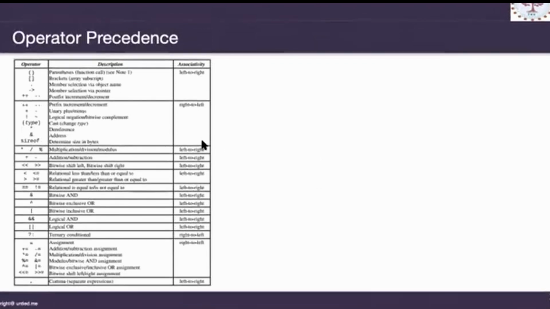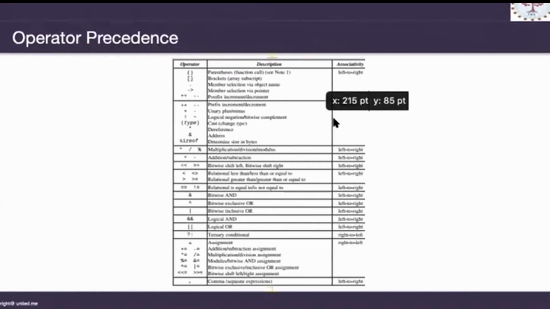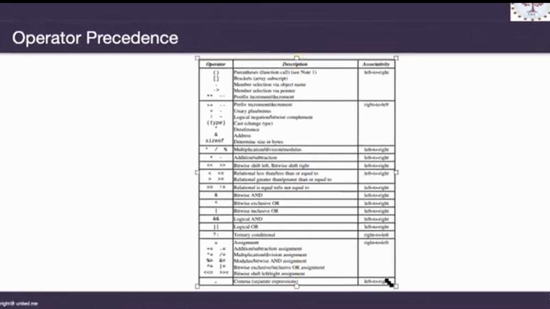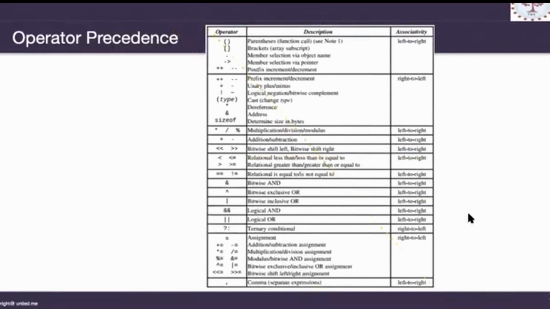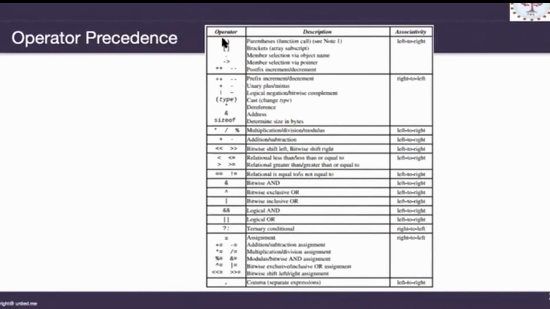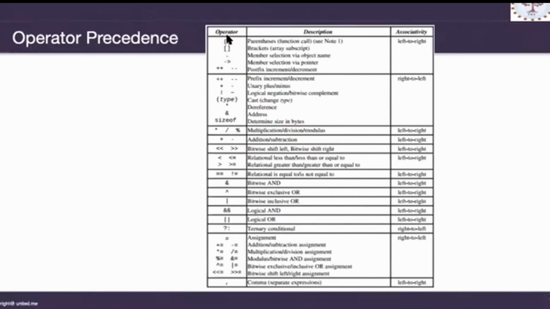Then you have this operator precedence, because we have n number of operators, and you have to decide which one is to be calculated first, otherwise your expression will result in the wrong value. So this is the operator precedence table, which you can even search for, it will be available. Here it follows the BODMAS rule and some other extra rules, and you can see that first you will process these things, then these things, then these things.